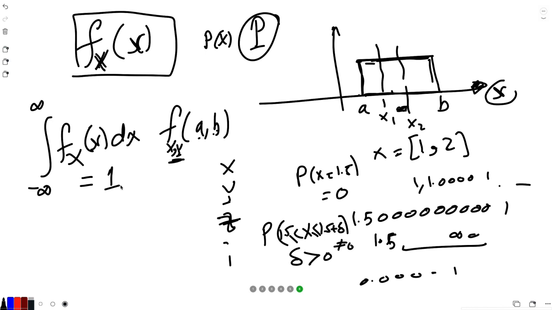Now if we want to compute the probability for this random variable to be between x1 and x2, simply it will be the integration from x1 to x2 of fx of x dx. That's all. And to make it more general,